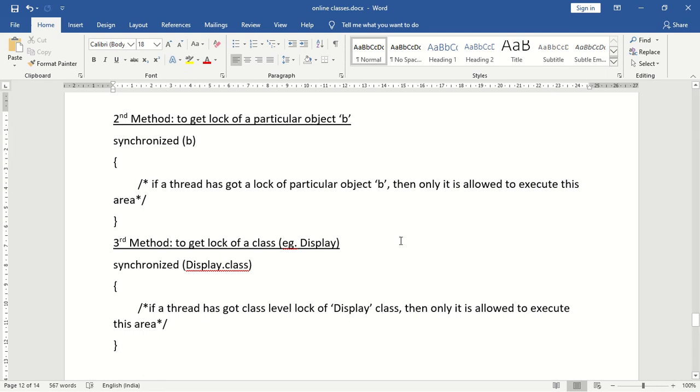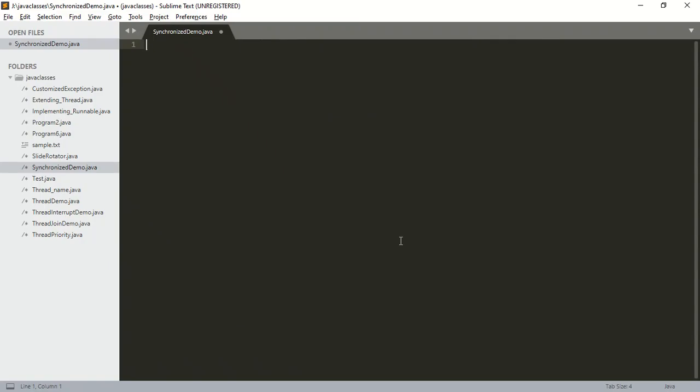Next we have to see an example for synchronized blocks. So first I'm going to create a class called Display. Next I'm going to create a method called wish method. So public void wish. I want to wish some person, so I will take his name, String name. Now assume that here we are having 50,000 lines of code.